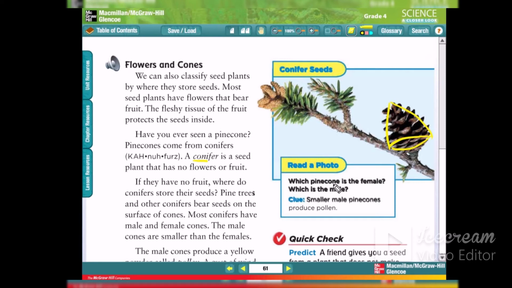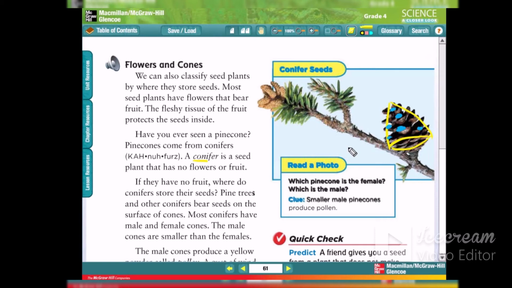Anyways, now where does the pinecone protect the seeds? The pinecone protects the seeds on the surface of the cone. You can see that I uploaded some videos to look over where the seeds will be. On the surface of the cone, it will cover and protect the seed. At the beginning this cone will be closed, but when this cone is fertilized, we will speak about that in the next session inshallah, it will open and release the seeds. Anyways, the seeds will be inside the cone, on the surface of the cone.